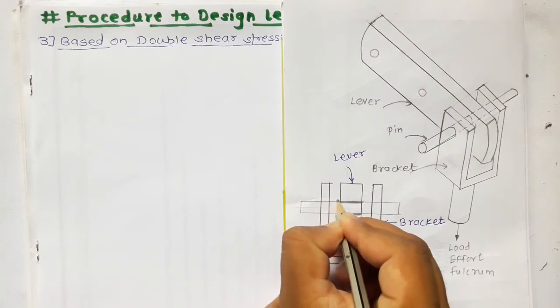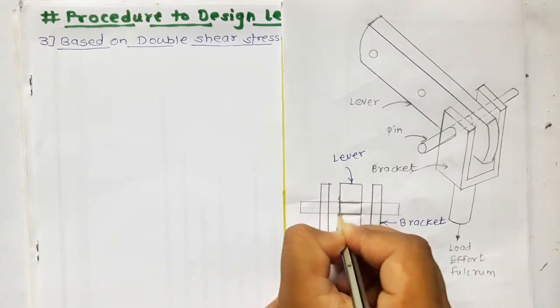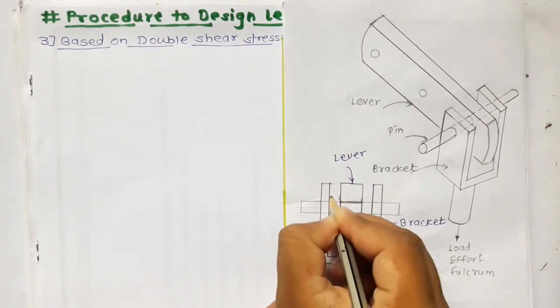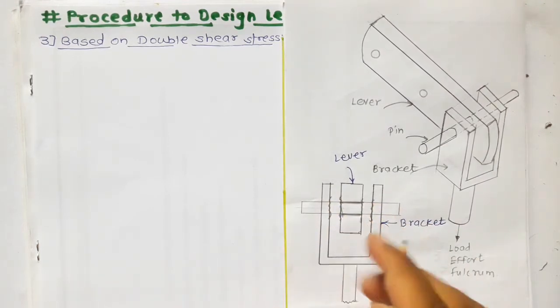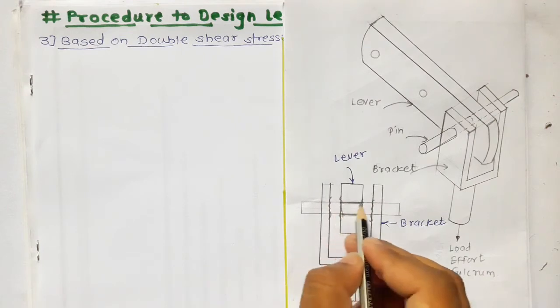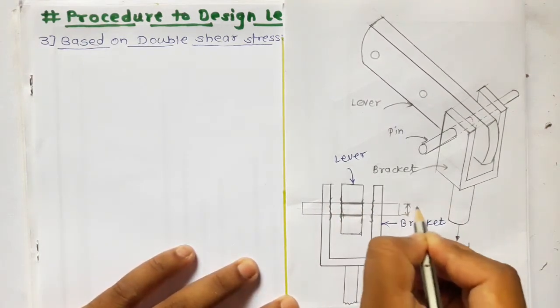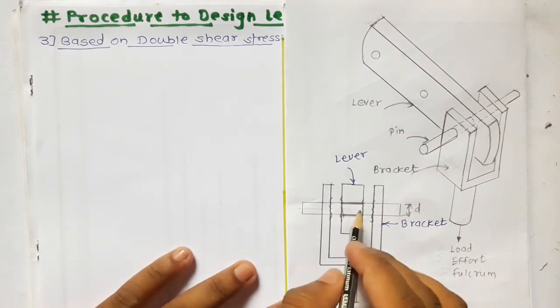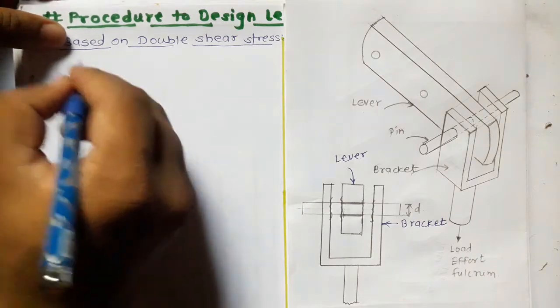So it may be subjected to failure either in these two planes or in these two planes. So the pin may be subjected to double shear failure either in these two planes or in these two planes, and if the diameter of pin is small d, the total area subjected to shear stress is twice into pi by 4 d square. So we can write the shear stress equation